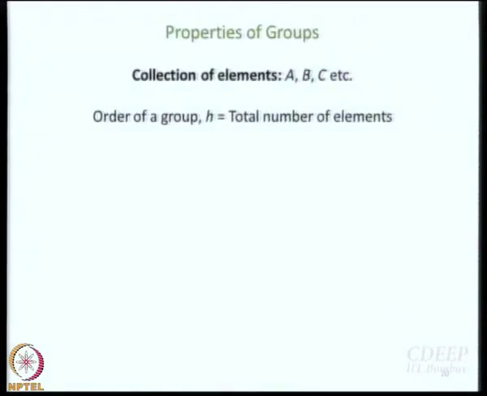Okay. So now, without further ado, let us remind ourselves what groups are. What is a group? A group is a collection of elements. You can call them anything. You can call them Orgo, Vibhav, Dola, Mehak, or we can call them A, B, C, etc. For now, since we don't want to write too much, we will write A, B, C. And one thing don't forget is that the order of a group is the total number of elements that are there.